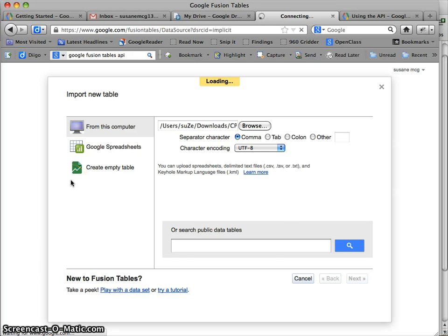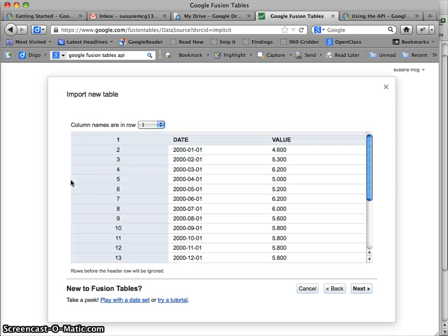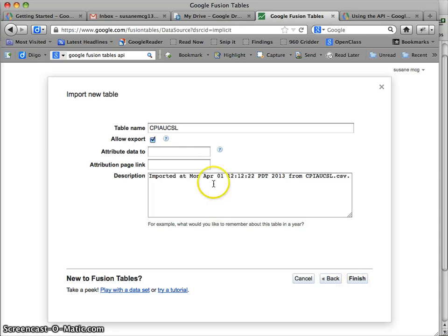Click Next, and you'll notice that we go through a pretty similar set of steps that we saw, for example, in Google Refine. We see it in Excel, where it says, here's a preview of your data, for example, which is what it's giving us here, right? Remember, we had date and value. So now this is a really nice feature of Google Fusion Tables, and one of the reasons why I'm very fond of it, which is that it's giving me